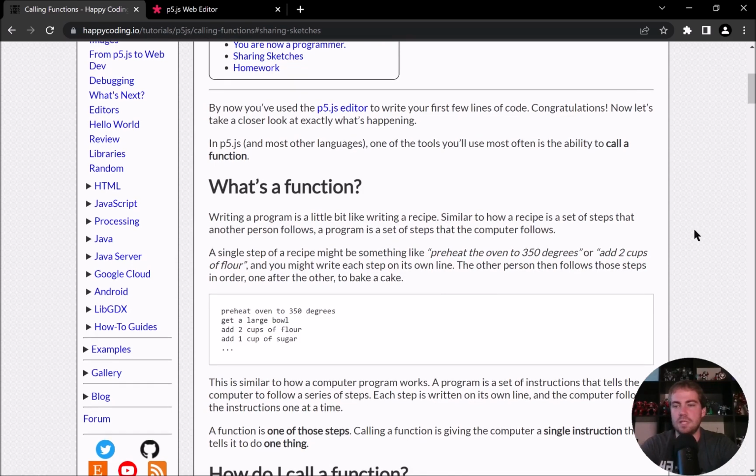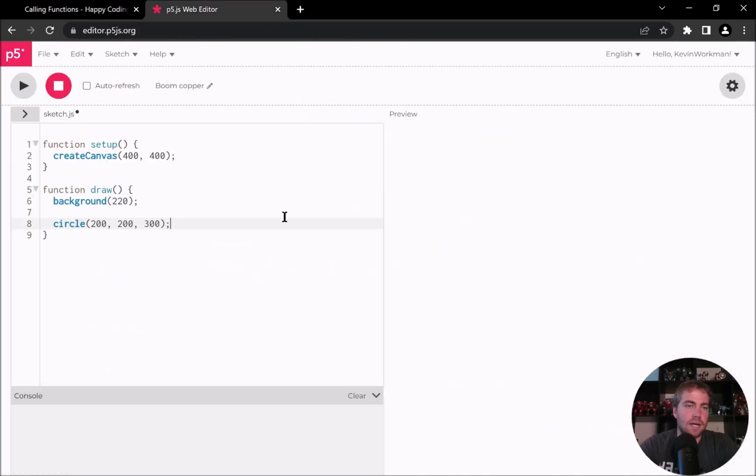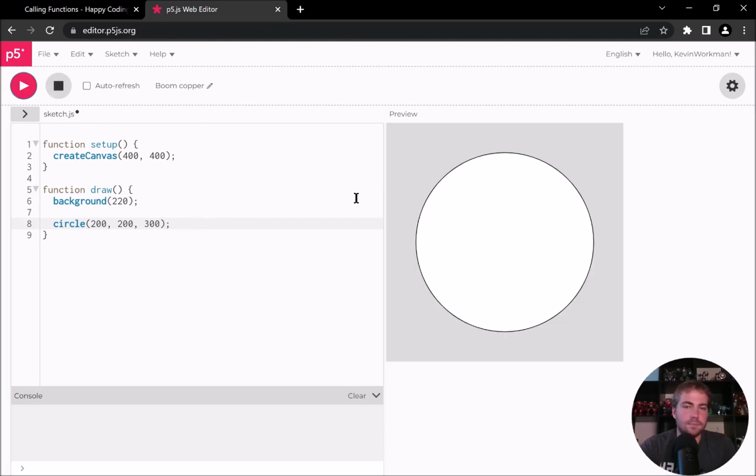Step two might be mix the flour and the sugar together or something. It's a set of steps that you follow to accomplish some process, some goal. And that's a lot like code. So if I go back to my p5 editor, and this is the code that we wrote in the previous tutorial, it's a set of steps that the computer follows. So for example,